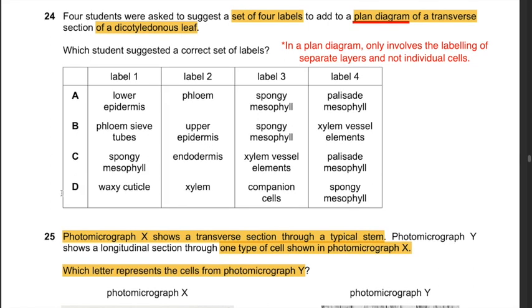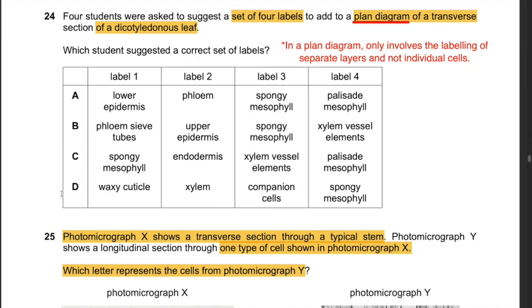Question 24. 4 students were asked to suggest a set of 4 labels to add to a plan diagram of a transverse section of a dicotyledonous leaf. Which student suggested a correct set of labels? The key part of this question is plan diagram. In a plan diagram, it only involves the labeling of separate layers and not individual cells. Therefore, answers B, C and D are incorrect, as D mentions companion cells, and cells again are not mentioned in a plan diagram. C involves xylem vessel